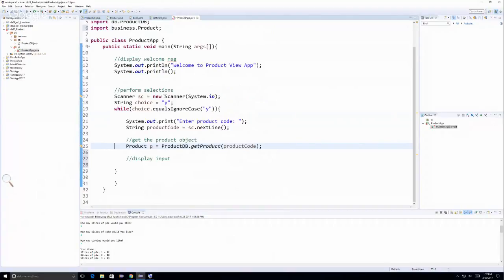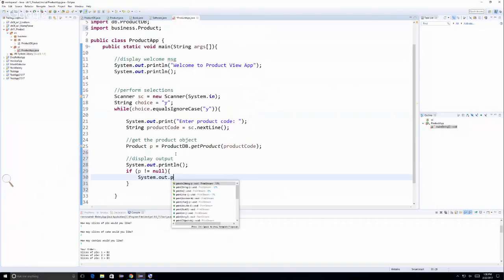Okay, so then display not the input but the output. System.out.println. So if p does not equal null, so if no product was found, then the return value for the object would be null. We're saying if there is an object, then we're going to print the description of the product, so p.toString